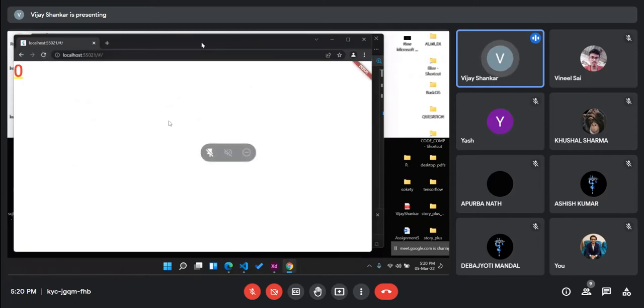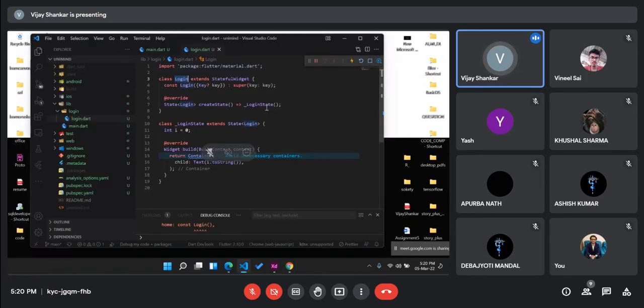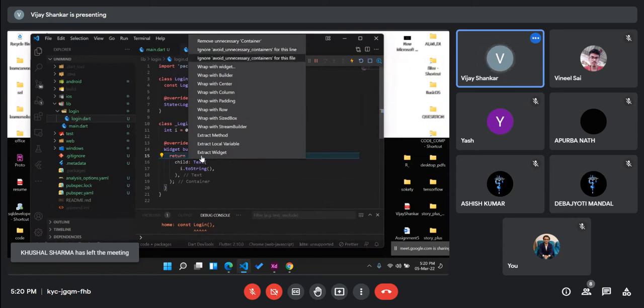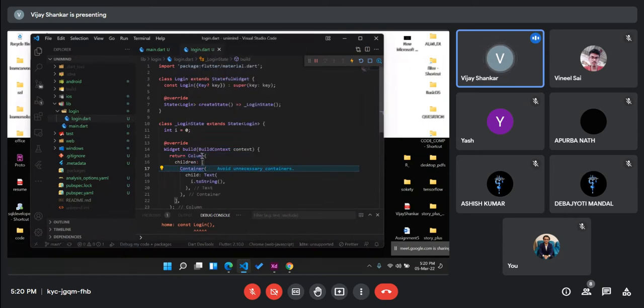So you can see a 0. In a stateful widget, we can actually change the state of the UI. For example, if I give a button here,